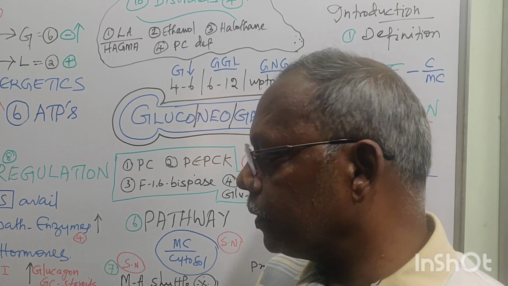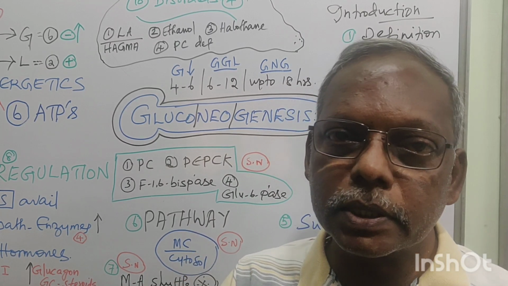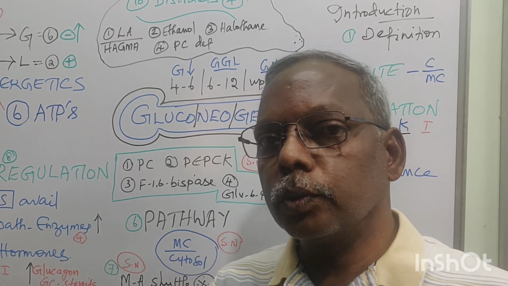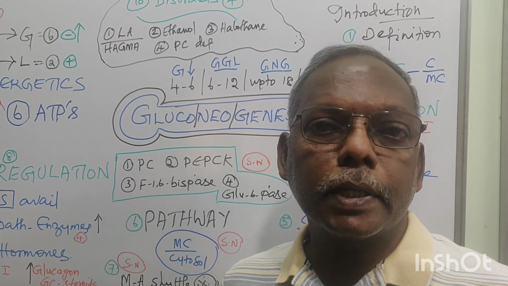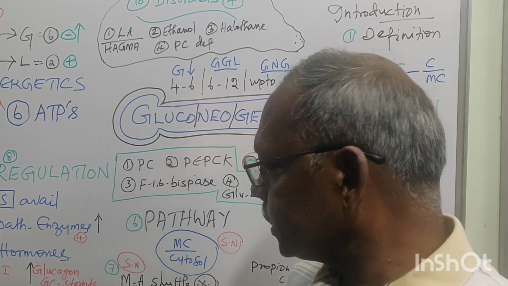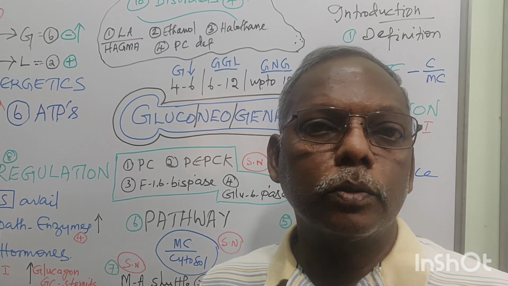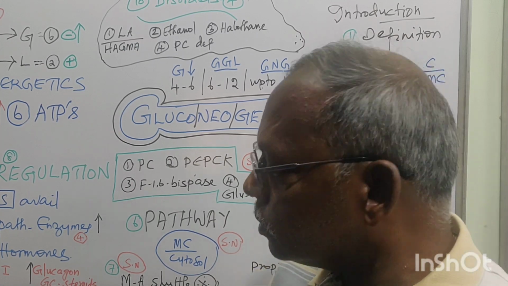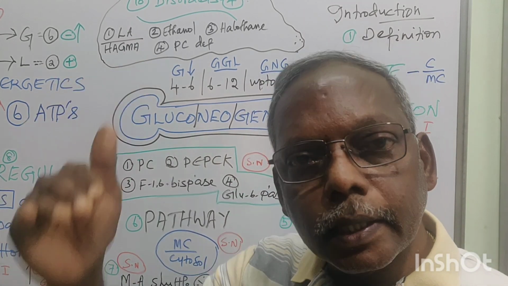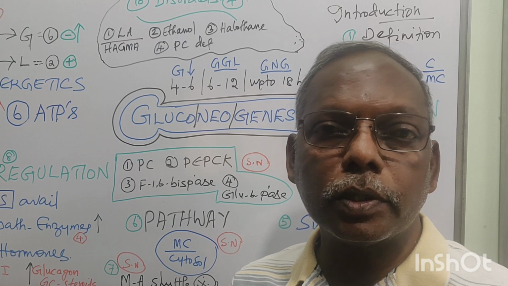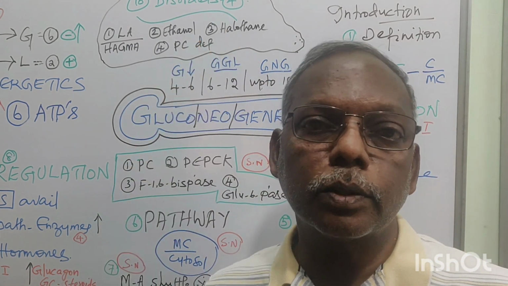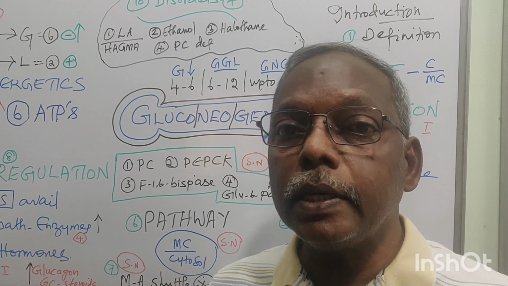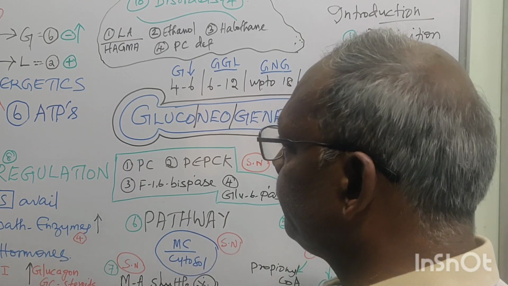Next, we have 2 types of hormones, hypoglycemic and hyperglycemic. You know the only hypoglycemic hormone is insulin. The hyperglycemic group includes glucagon, glucocorticosteroids and so on. So insulin decreases or inhibits gluconeogenesis, whereas glucagon and glucocorticoids stimulate gluconeogenesis depending upon the supply of glucose.